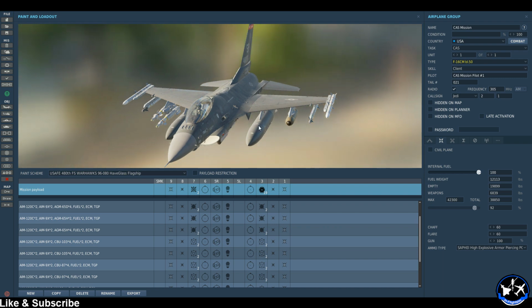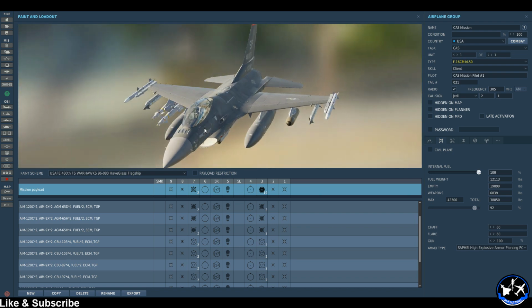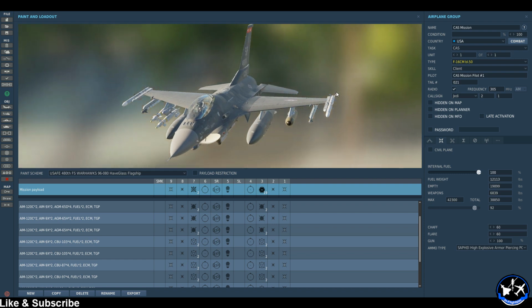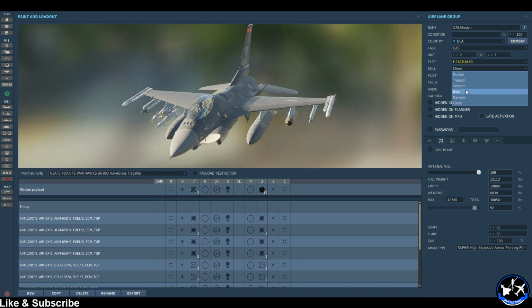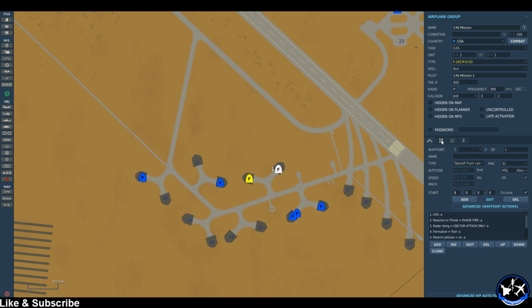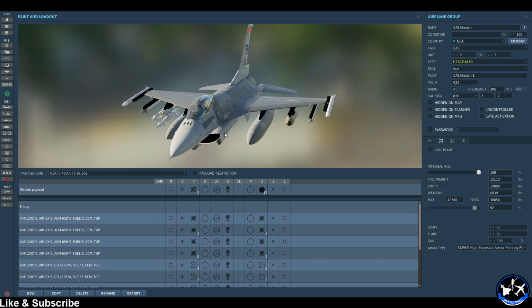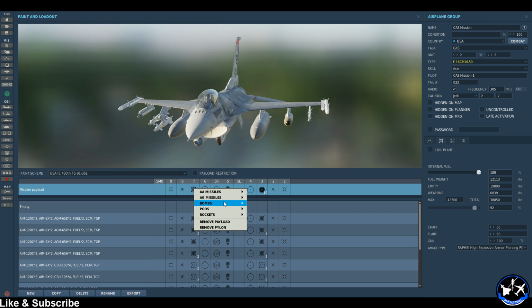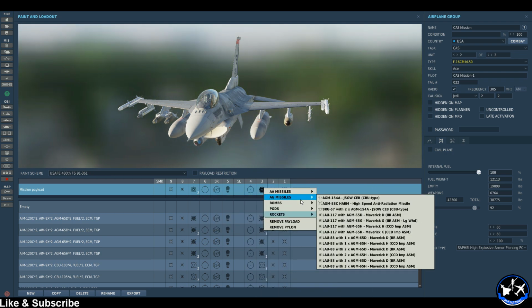I don't know what the typical CAS mission profile is in terms of weapons layout, but I've seen this sort of configuration in a few pictures before. What we'll do as well is create a wingman, and this wingman's going to be an ace, obviously, because he's a mad lad. But I'm going to give him a different layout, so he can have 2 times JDAM, and then he can also have